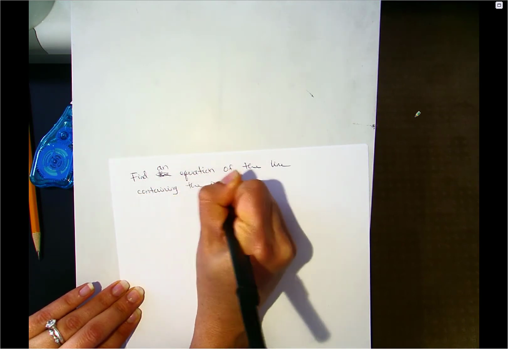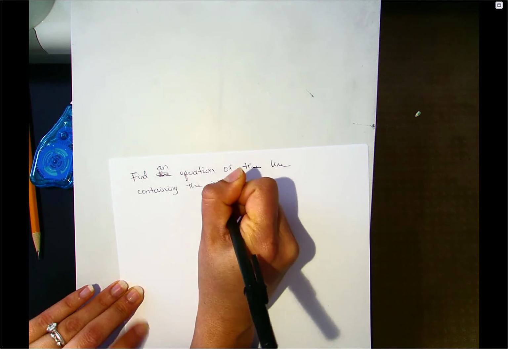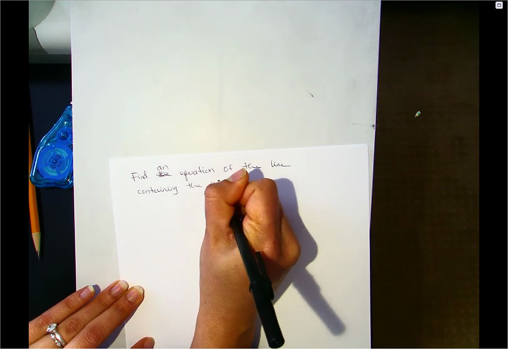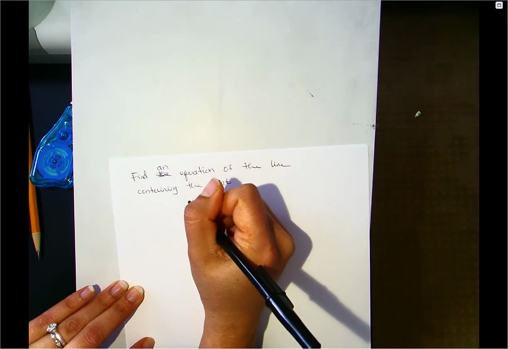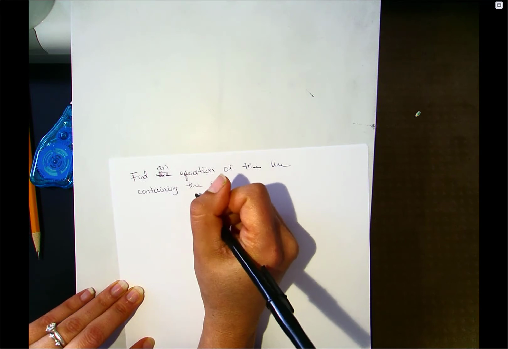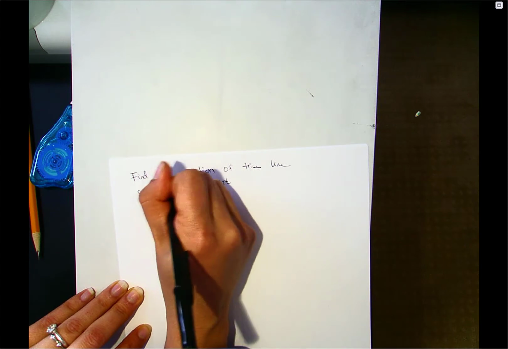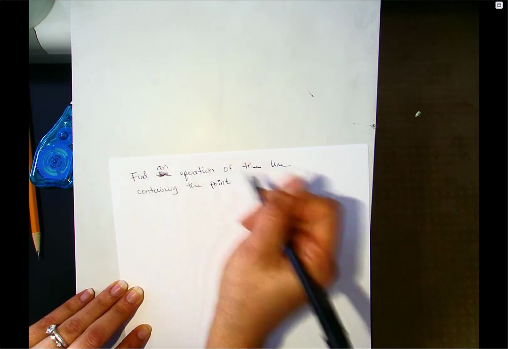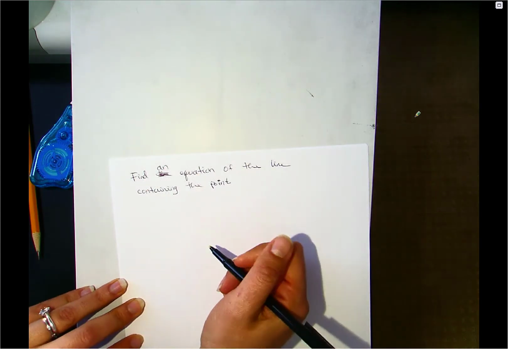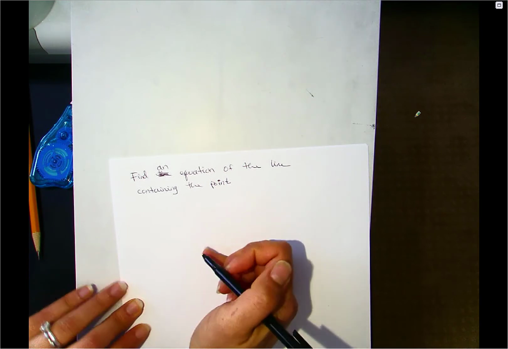There are many points on the line, so depending on the point that you use, that's what the equation will look like. One line can be interpreted in many different equations depending on the point. So that's why I changed that to find an equation of the line containing the point negative 5, 2